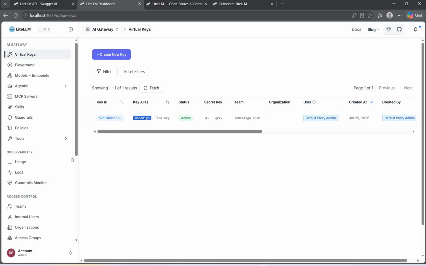Or for example, I want to use first cheaper and then more expensive, or first the most expensive, then cheaper. So there are a lot of options for how to use those models, and it's very convenient, because teams have only one key. I do not care about all kinds of models. Of course, in my example, there were only models from OpenAI,